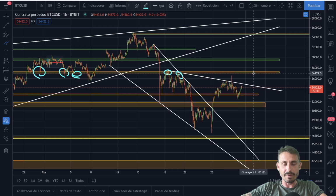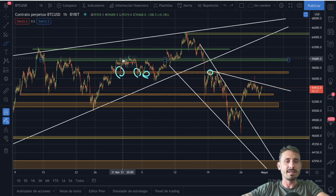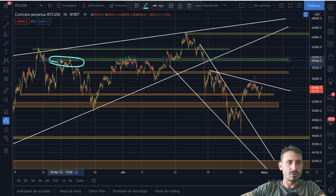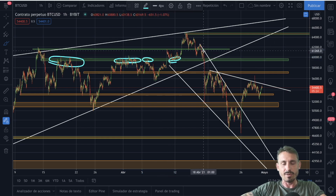Also, if we break the $57,000, the next point would be the $60,000 area, which has also been very, very difficult. This is a psychological level, okay, between the $59,800 and $60,000. It took a long time for Bitcoin to break this area, as you can see over here. We had multiple touches right over here. Also, almost a week hovering in between the $59,000 and the $60,000 range, not managing to break it. Okay, once we broke it, it acted as heavy support,